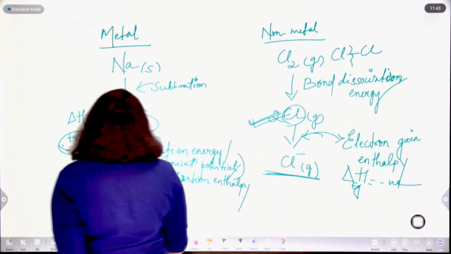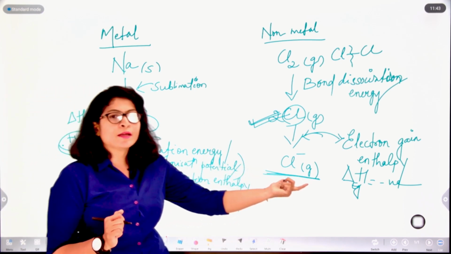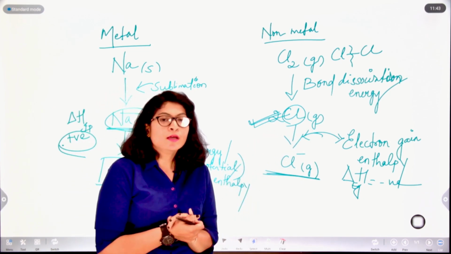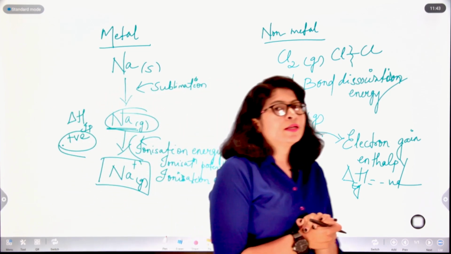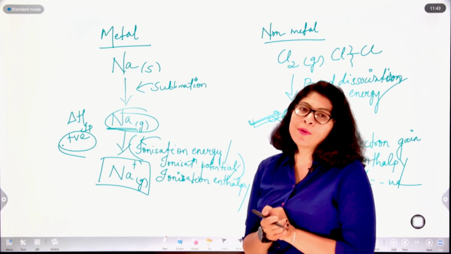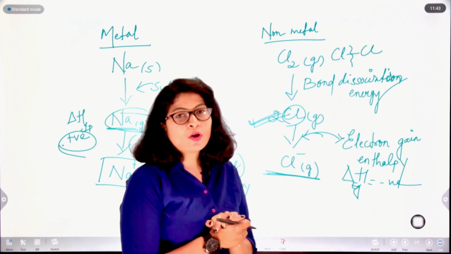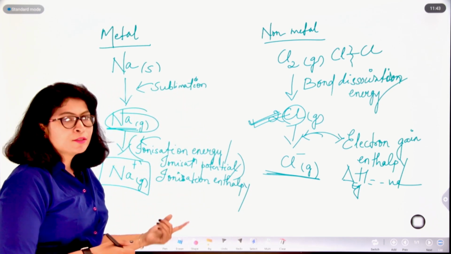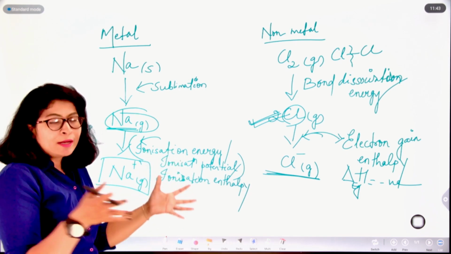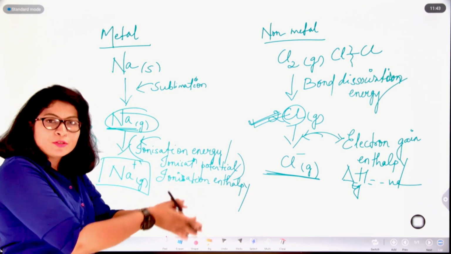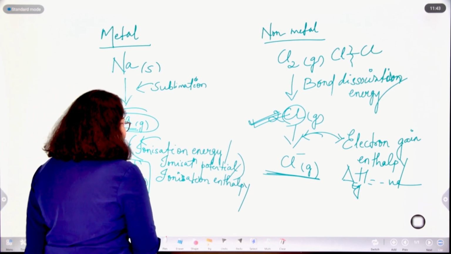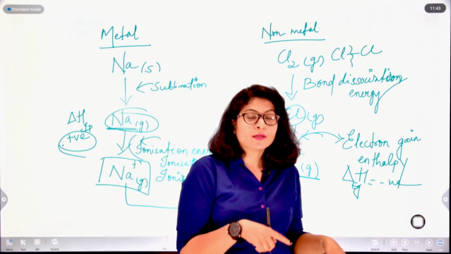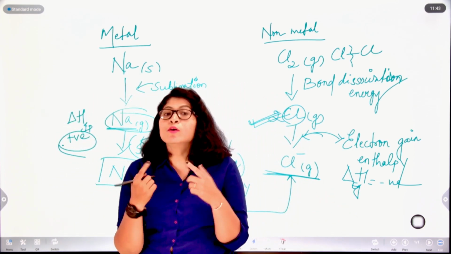Okay, now we got our Na plus and Cl minus ions in hand. Now basically we just have to form a bond between Na plus and Cl minus. Remember, when we started ionic bond, I said ionic compounds exist as a three-dimensional structure called a lattice, right? Now the work of Na plus and Cl minus is to aggregate themselves. They have to collect or bond between themselves to form a three-dimensional crystal lattice, or a home for them.